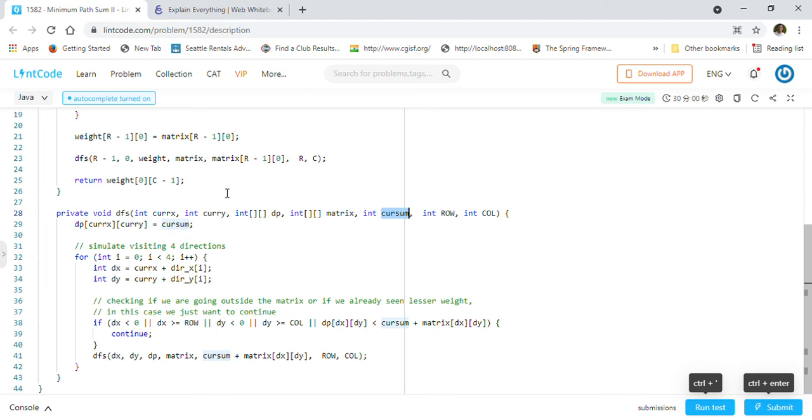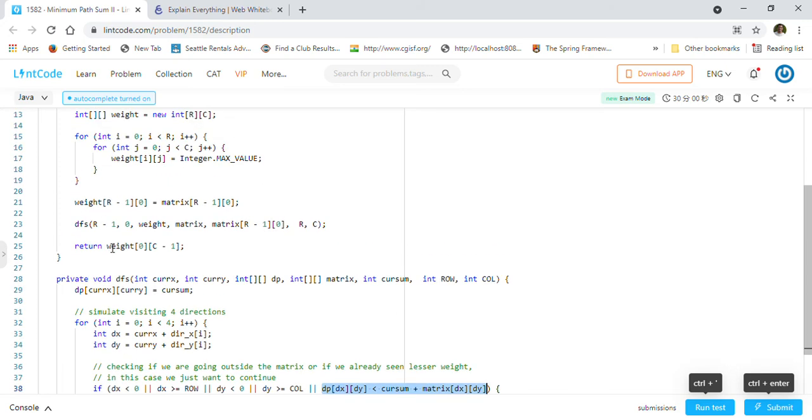So this is how we are calling recursively, and we are simulating that we are going in all the 4 directions. Again, for that new cell, we will simulate that we are going in all the 4 directions. That's what depth first search does, right? It will go all the way deep, as much as it can. But here, it will only go as deep as it can when it is getting a better result. That is what this statement checks, that it is getting a better sum, which is minimum, than what we had previously seen. So that's what it is doing.